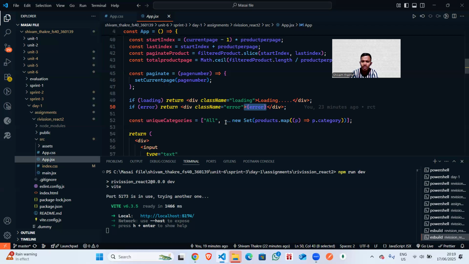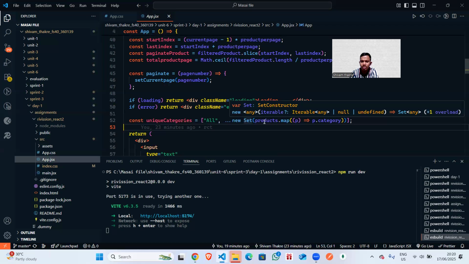There will be many categories, so if the category is all, it shows all, or we find all the unique categories using the rest operator with new Set. Sorry, it's the spread operator, not the rest operator. So we find all unique categories from the products.